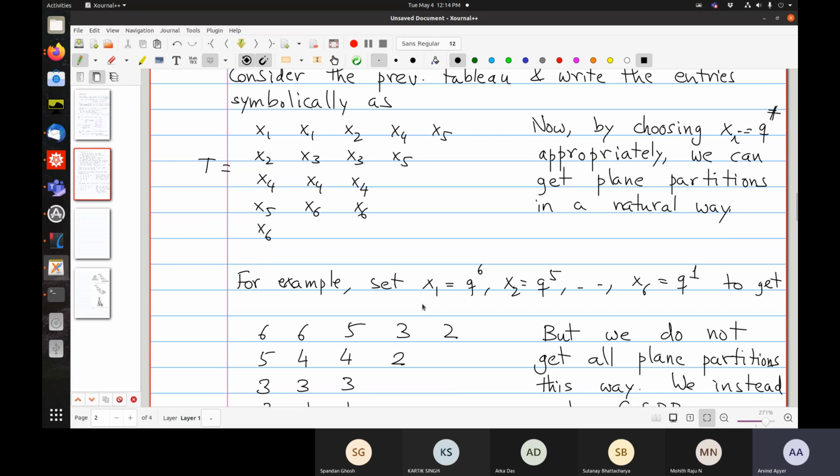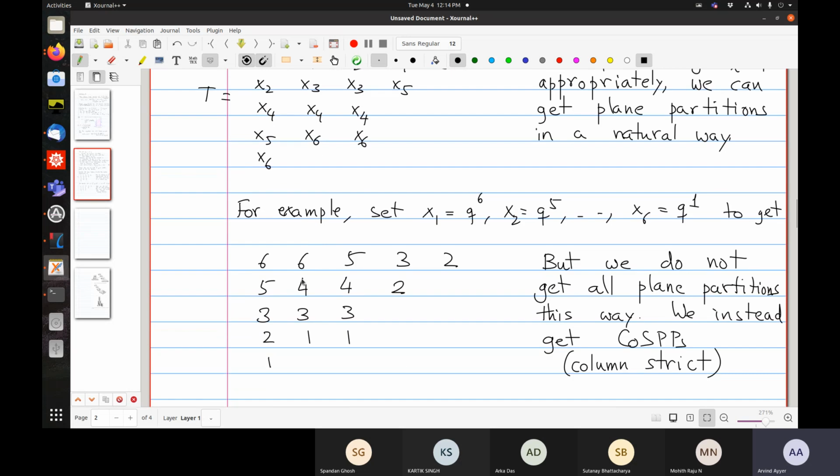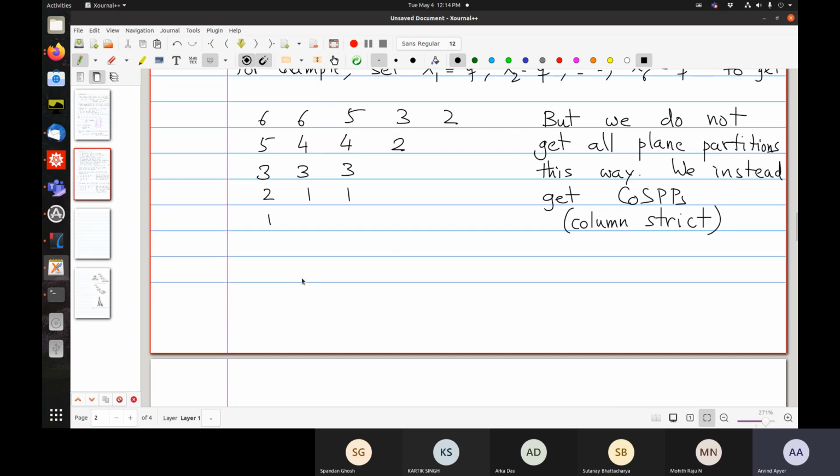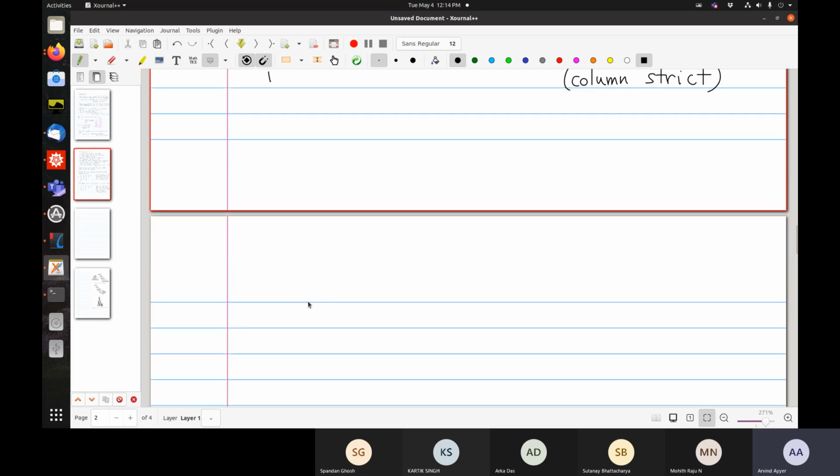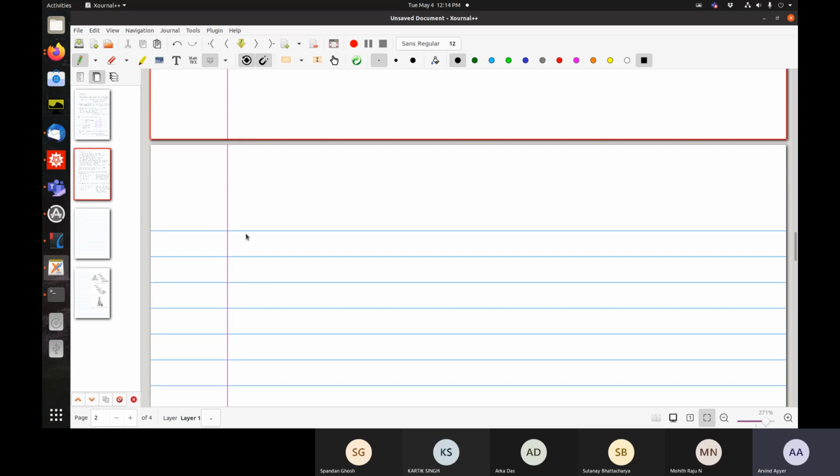So what we want to do is to somehow get a weight preserving bijection between a certain class of semi-standard tableaux and all plane partitions. This does not do it, but it is fixed easily, or not trivially, but without too much difficulty. So suppose